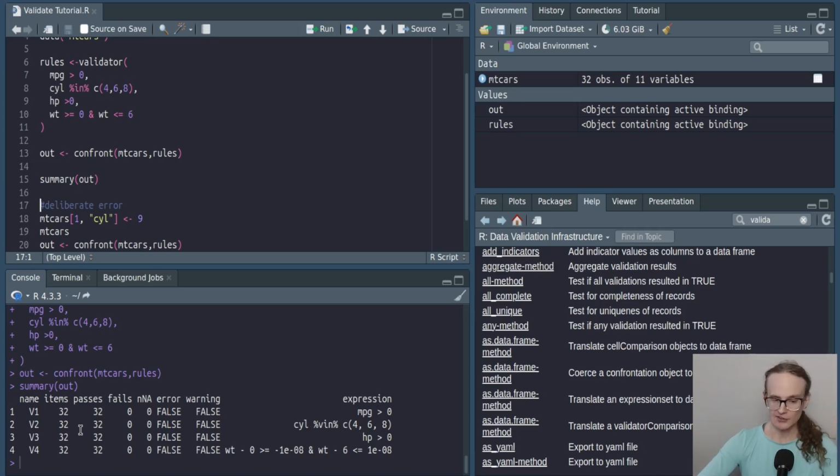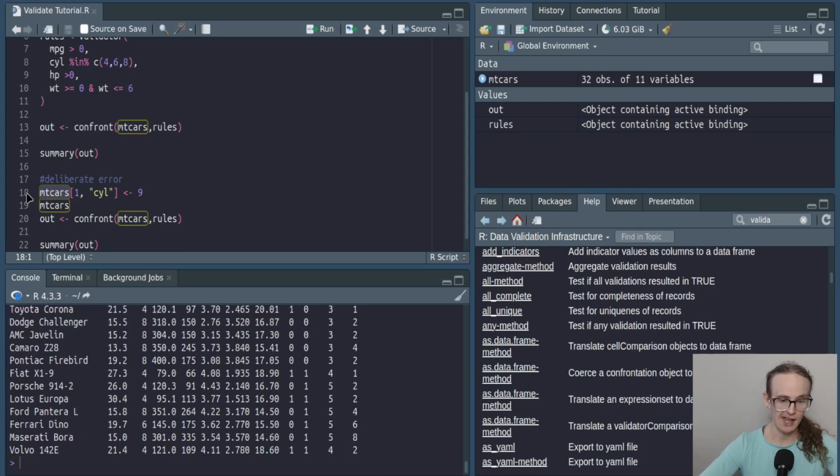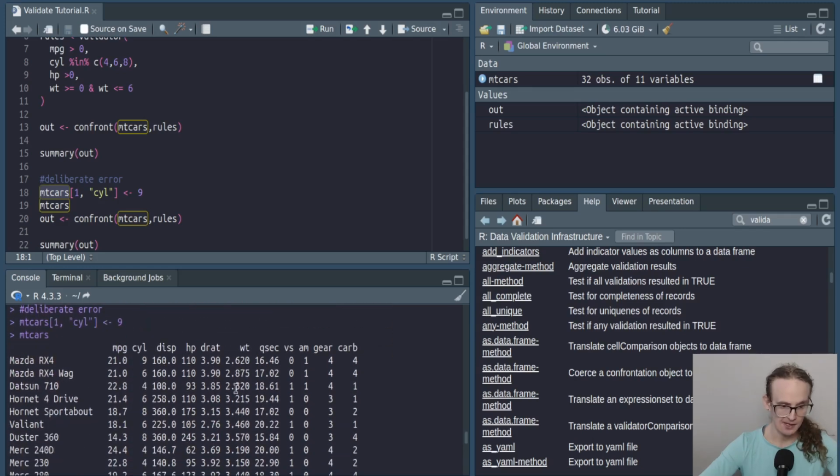So let's suppose that we want to throw an error. I just want to show you how this would work. I'm going to change one of the cars. I'm going to make it have 9 cylinders. If we go back through this data set, we can see that we changed the Mazda RX-4 to have 9 cylinders, which obviously is not the case. It doesn't have 9 cylinders. So watch what happens when we